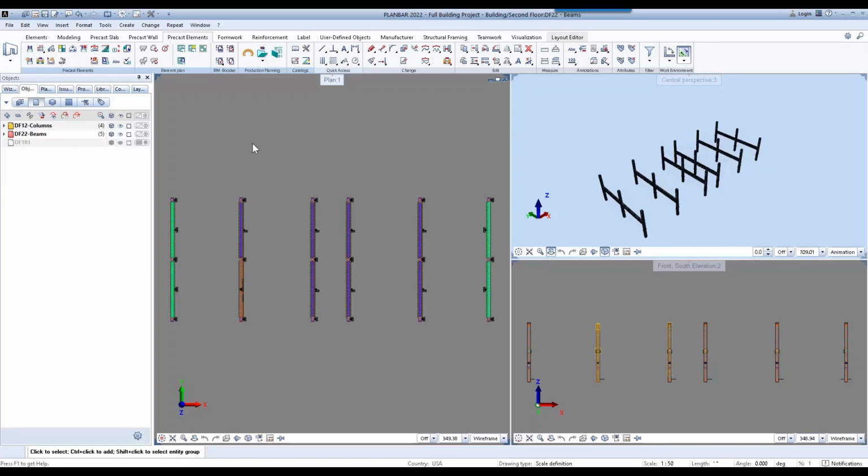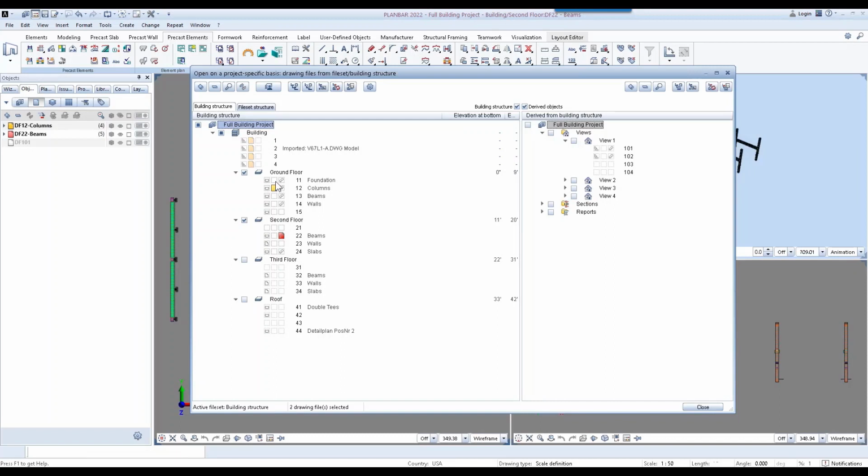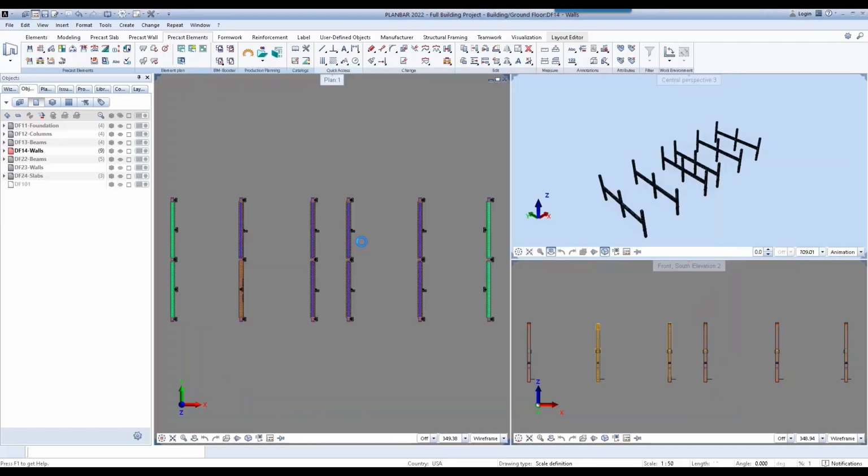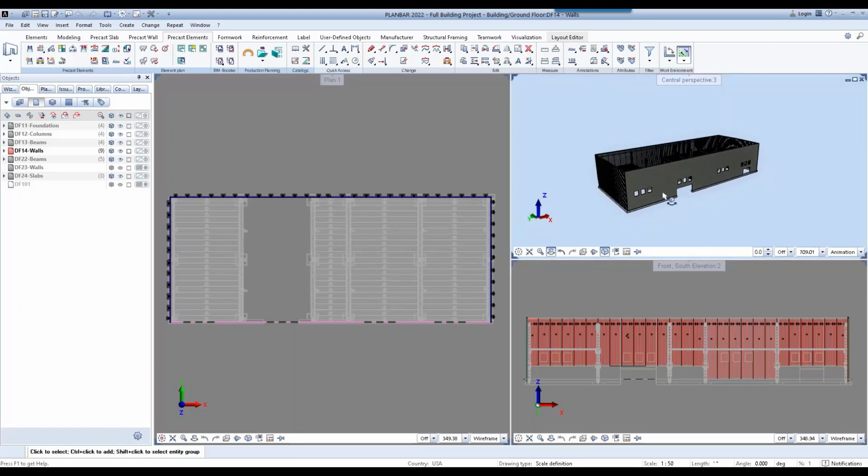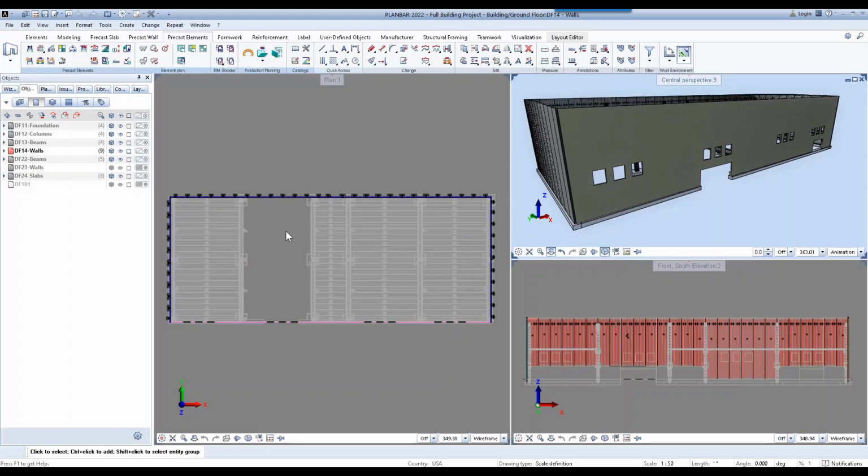And then turn back on some of the drawings that I turned off earlier. Turn some of these off to reference mode. Let's see here. That's all we need. All right, so we can see this front-facing wall here. All right, so let's just go ahead and get started.